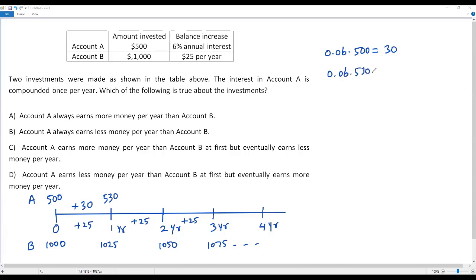I'm getting 31.80. So the interest I'm getting in the second year is $31.80. If I add this one to this, then the balance at the end of the second year in account A will be